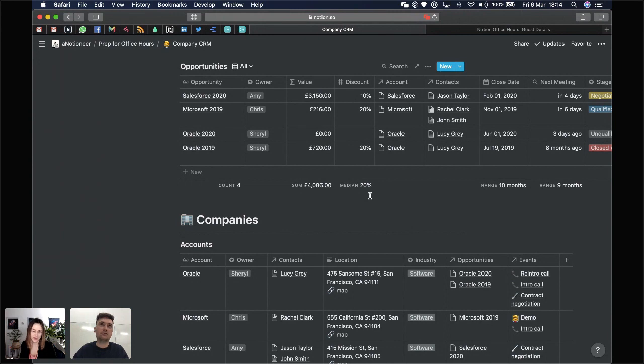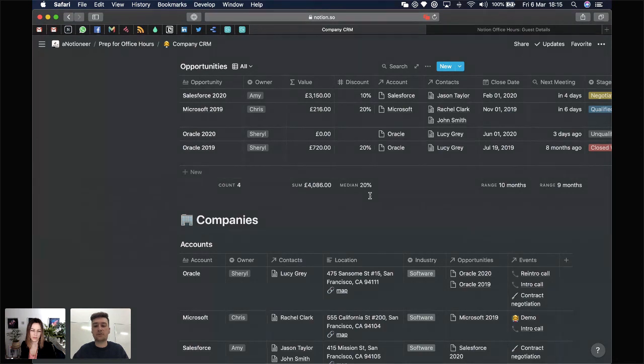A simpler way of doing this would be if you're only ever selling one type of thing. Obviously, you don't need to combine several different products and use the product bundles that way. You could make it as simple as just having a value column in your opportunities, or maybe just a price and a quantity, and then figuring out the value of the opportunity from that. But even there, if you were selling a multiple of a single service, it might make more sense for you to